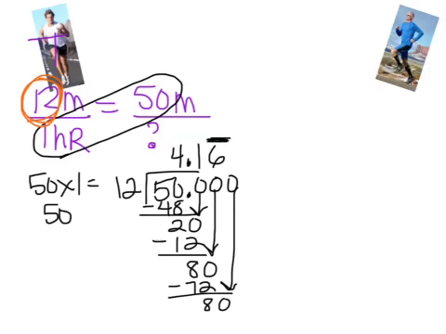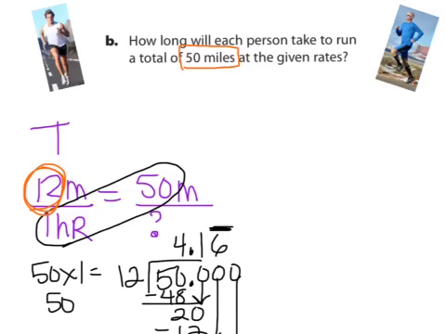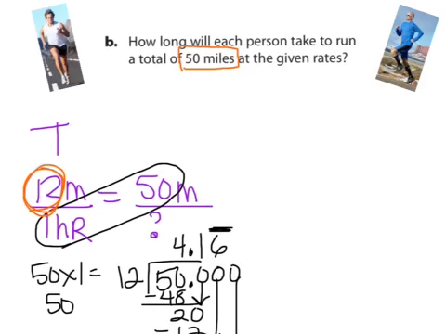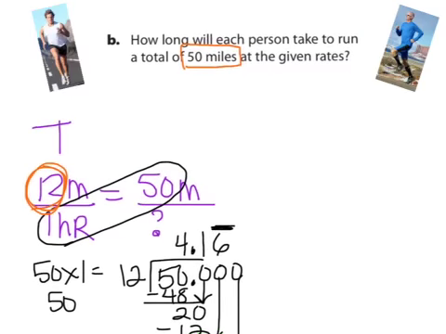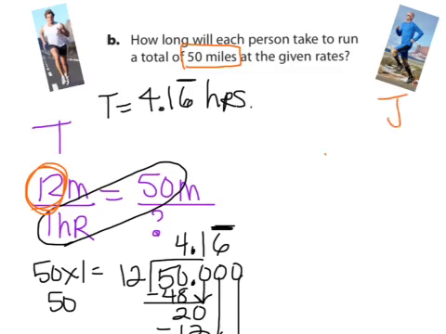Now I know how long it's going to take Terrence to run 50 miles. Terrence is going to need 4.16 repeating hours. You would set this up the same way for Jesse. Earlier we said Jesse runs 8 miles in 1 hour. I'm trying to figure out how long it takes him to run 50